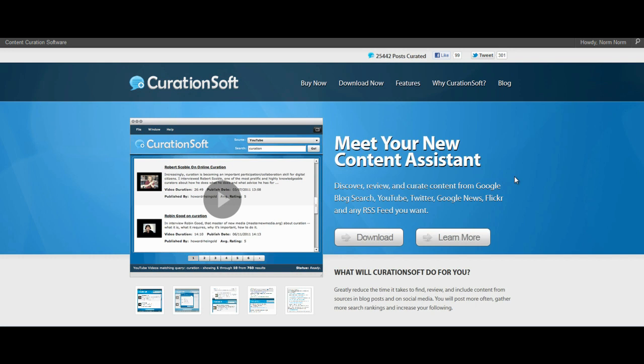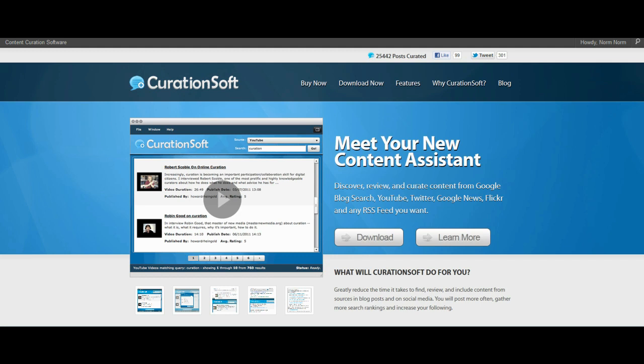I'm going to show you how this works, but first let me tell you, CurationSoft has a free product, and it's not good for much except to show you how it works, and it's very simple. The paid software will do you the best job, and that's $59 a year, and it works really good for our uses. So if you don't want to do it the manual way, this is a way to automate it a little bit, and using this stuff you can turn out copy very, very quickly. Content curation is relatively new, and it's really catching on,